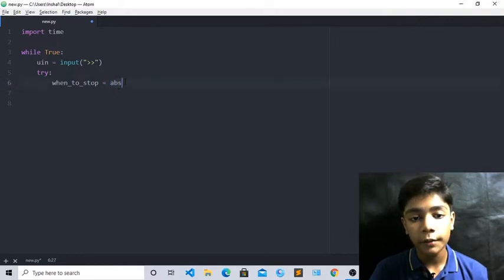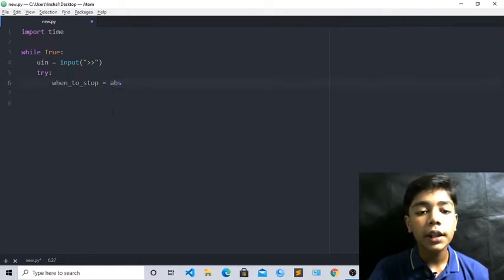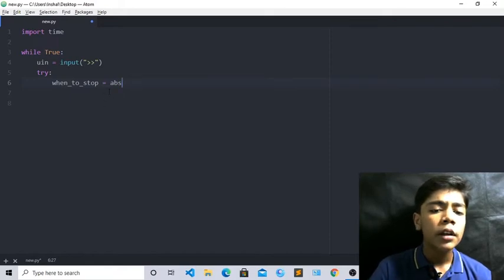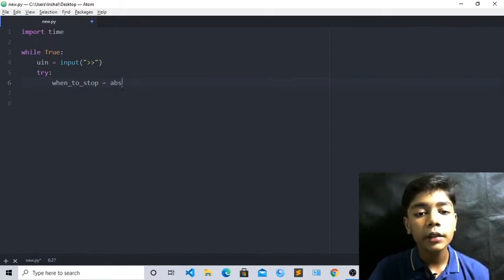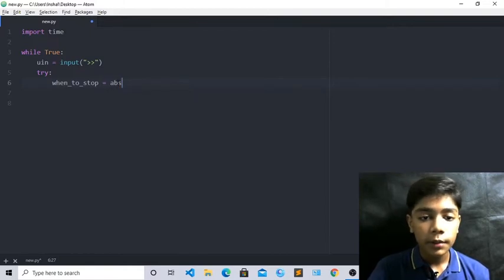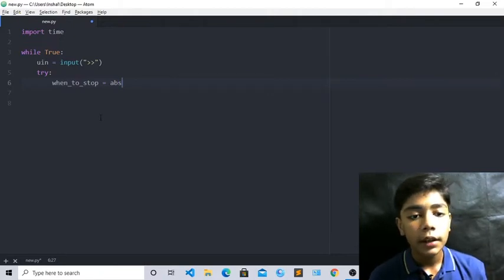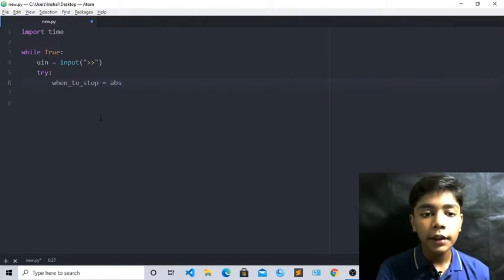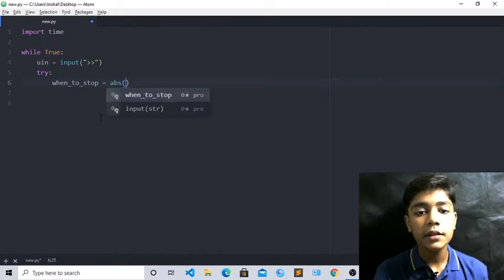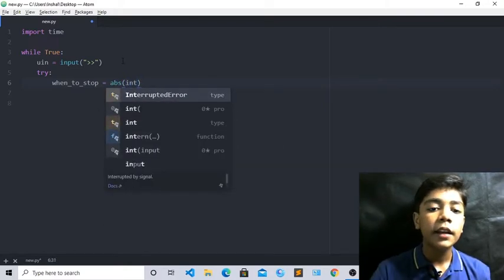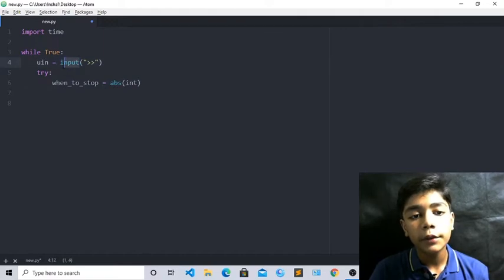It means the absolute tag here, and it works really awesome for small things. Okay, so we have to use this ABS tag here. Now when you have written all that, in brackets you have to write the init tag. Like I have told you, init and input have a difference between them.